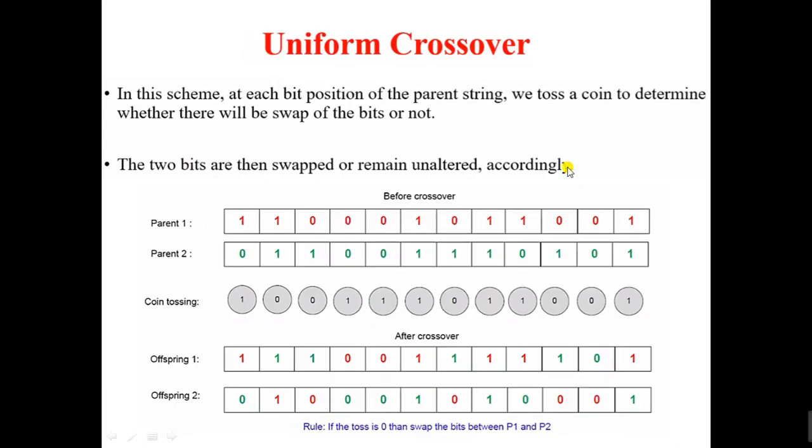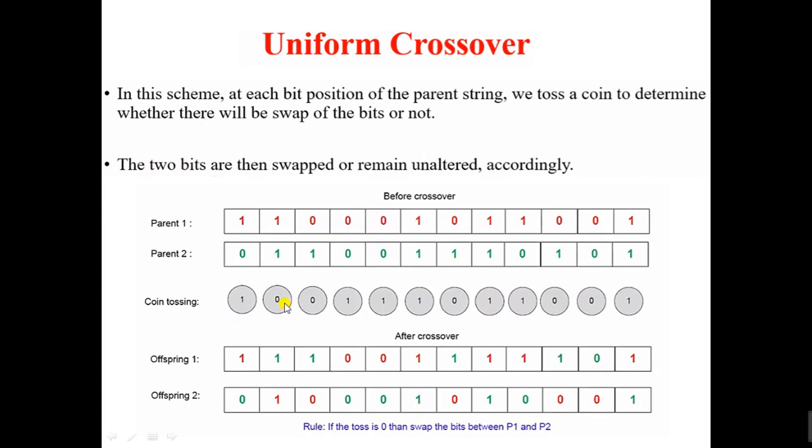Then uniform crossover is based on a toss. If I get a toss of 0, I swap the bits between parents 1 and 2. If I get 1 in the toss, I do not do any operation. For example, in the first case, I get the toss value 1, so after crossover I do not do any operation. See here, offspring 1 and offspring 2 are the same as parent 1 and parent 2. In the second case, I get 0, so I swap. See here, offspring 1 contains the red color, that is the property of parent 2, and offspring 2 contains